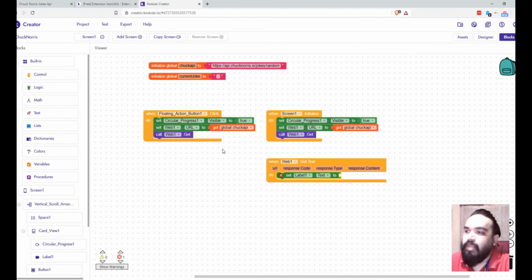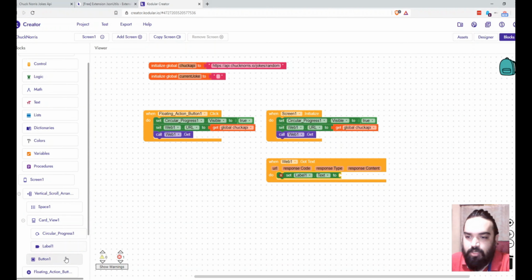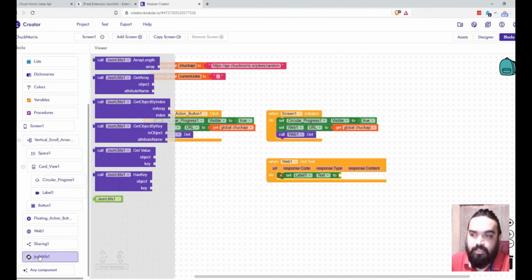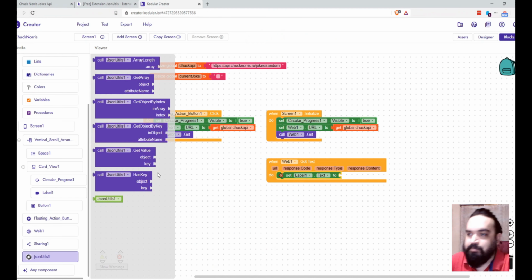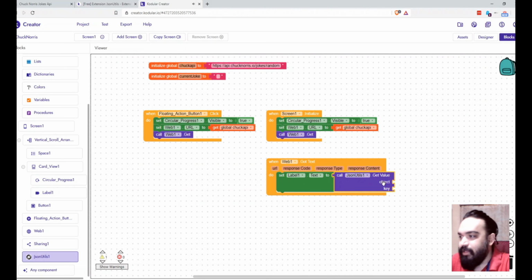So now once you click on JSON utils, our response array is very simple. It is direct, and there is no iteration required for you to go inside a nested value and then get the value. It is right there. So what we'll do is we'll just do get value here, and then here the object is the response content.